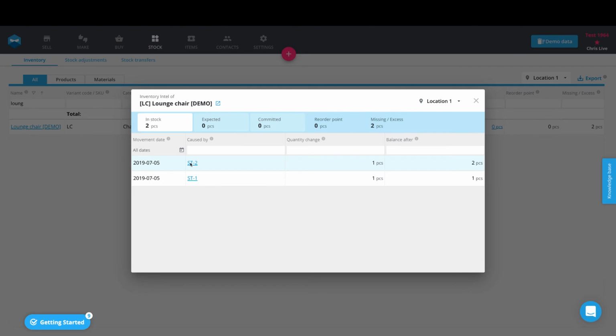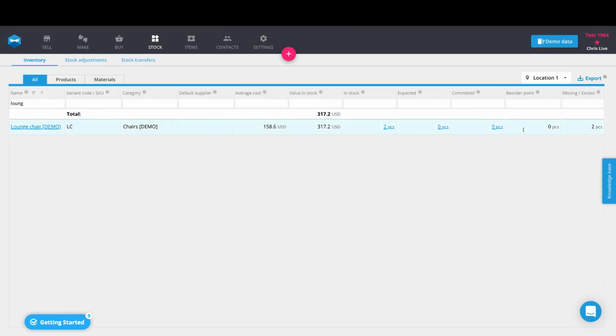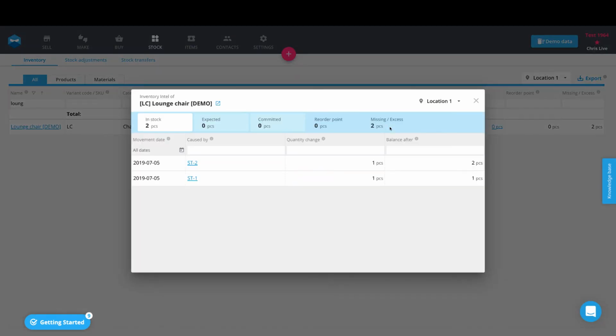Now, what's really quite handy is if you click on any of these links under the in stock, expected, or committed column, it will bring you into our section called the inventory intel. Anytime you need to answer a question about, hey, how did that product increase or decrease, or how did that material increase or decrease, you can open up this section, click on the in stock button, and then see a historical history of the dedicated movements against that item in stock